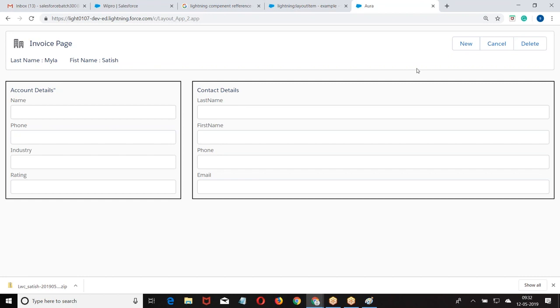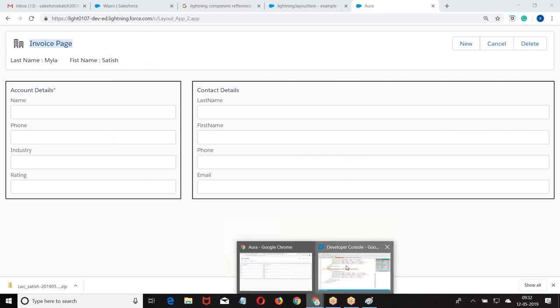That's the reason the lightning card is displayed with the size of 12. I did not specify the size of the lightning card; I created it with the icon and title, and I mentioned the size on the layout item. So the row has only one column, and in that column it displays the lightning card. Okay, right, Amma?